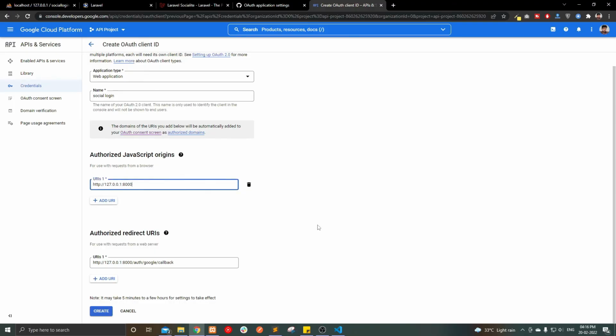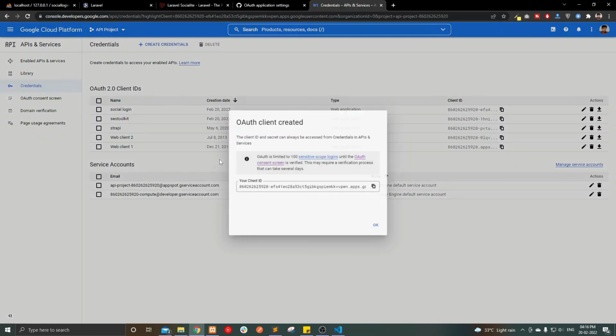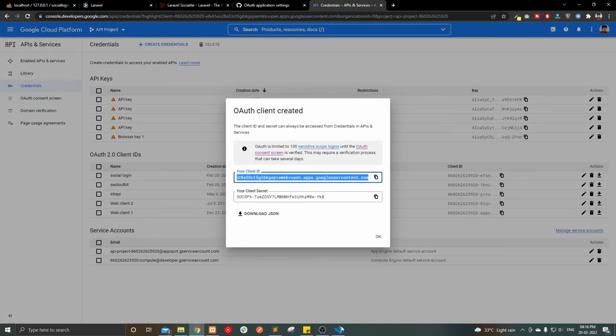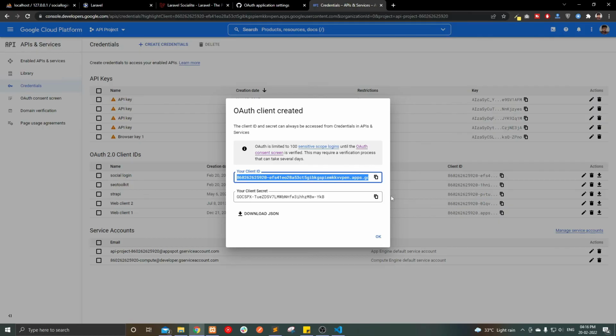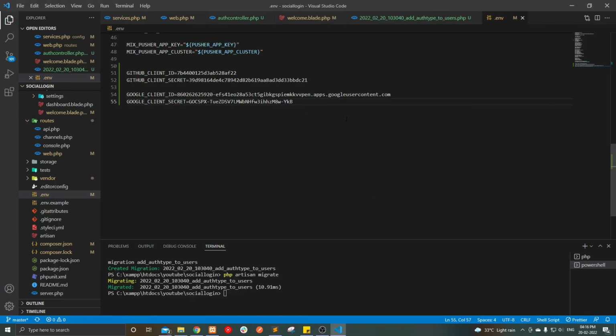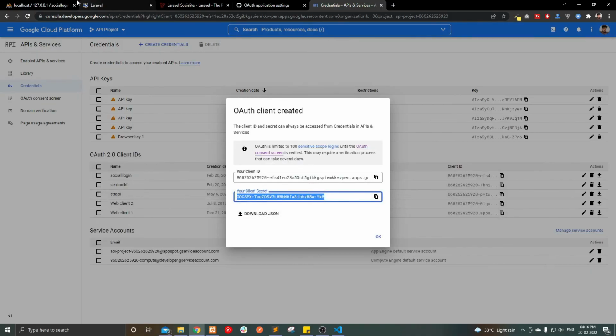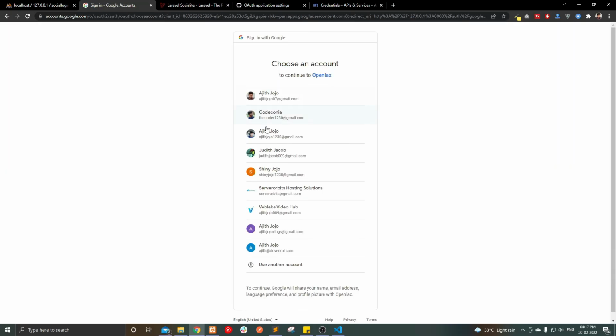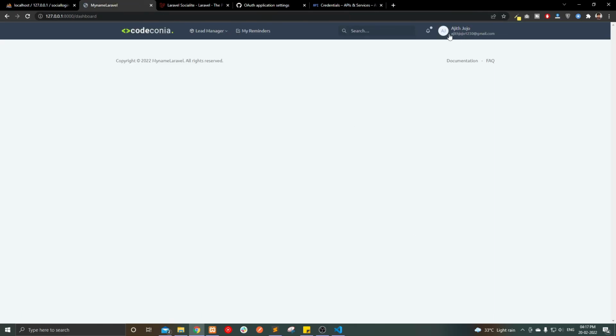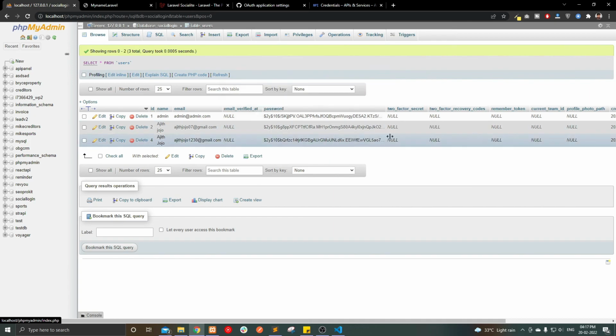Okay, fine, and create. Okay, this is our client ID and secret. Client ID, secret, that's all. And we can see the Google login because we created the link here in the first step. So click Google login. Yes, choose an email address. Yes, we are successfully able to integrate our Google login, because